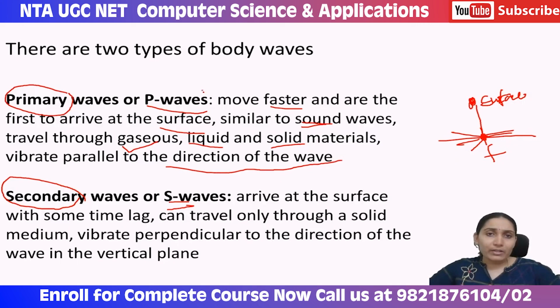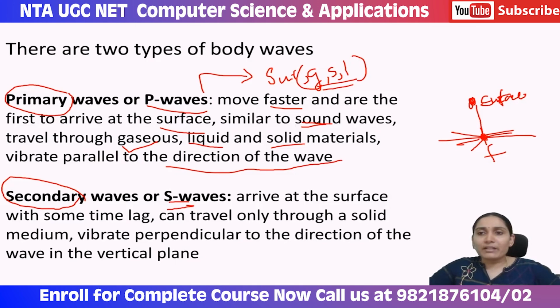So this is a very important point. Two things. One is that the primary waves are the first to reach the surface of the earth. Second is that they can travel through gaseous, solid and liquid materials. So what does it mean? Suppose the focus is on the plate. Now it has to travel to the surface of the earth. Suppose this is a water body, it can travel. If there is gas, it can travel. If it is composed of hard solid like rocks, then also it can travel, which means the primary waves are a kind of body waves which can travel through any medium and reach the surface of the earth.